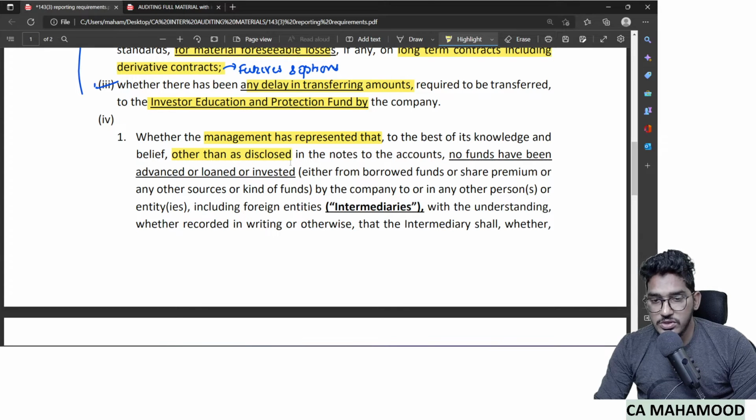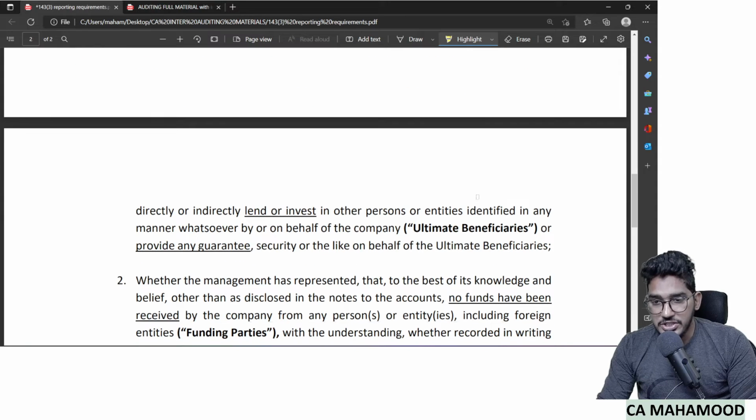Other than as disclosed in notes to accounts. No funds have been, once again, no funds have been advanced or loaned or invested, either from borrowed funds or from share premium or any other sources or kind of funds, by the company to or in any other person, entity, including foreign entity called as intermediaries, with the understanding, whether recorded in writing or otherwise, that the intermediary shall, whether directly or indirectly, lend or invest in other person or entities identified in any manner